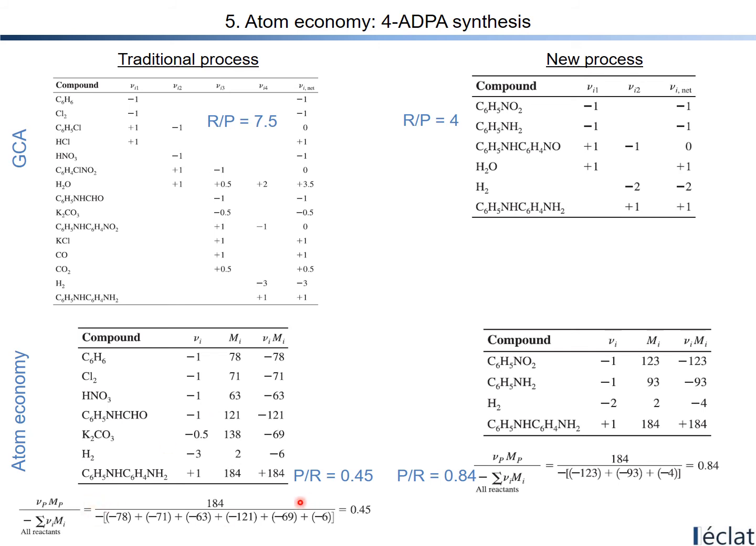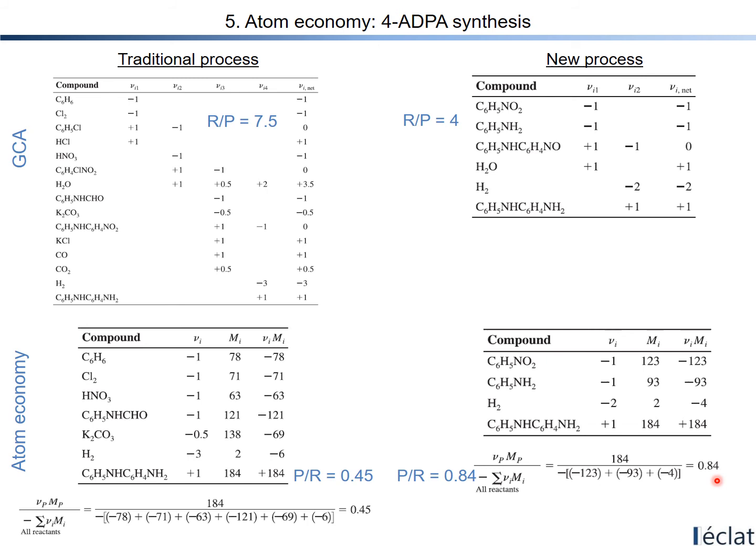So product 184 and the summation of all things here, and then it is going to 45%. On the other hand, for the new process, the same amount of mass of 4-ADPA is here, and only 3 things are reactants here, then 84%. So it means the new process is better than the traditional process because 84% of the reactant mass is converted to